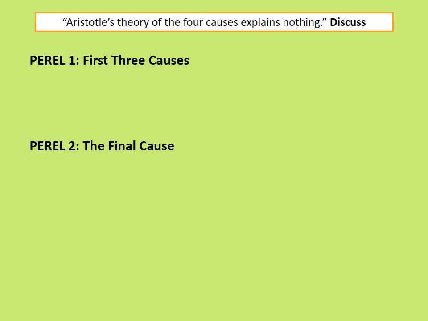some people would argue that the final cause is also a helpful way to look at reality. It helps us to explain the nature of reality. You talk about what the final cause is, and then you look at the arguments. You look at the fact that many things in the universe look like they've got a purpose: the bird's wing, the human eye. You make that link with Paley. And then you look at the criticisms.